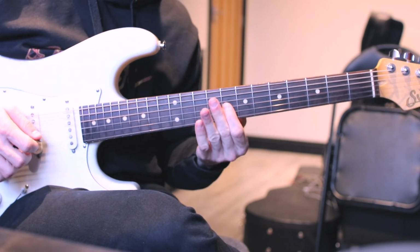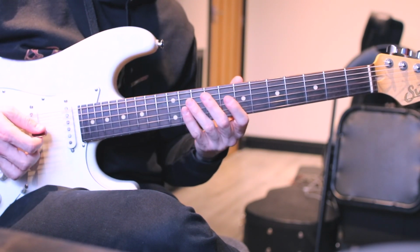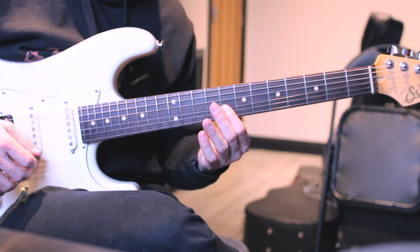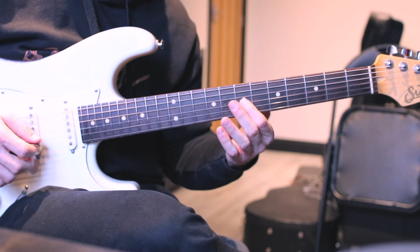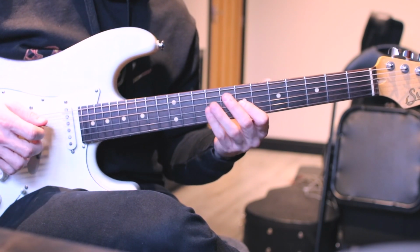Then I'm going to hit the flat 3 on the G string with my pick, okay? Not as aggressive as that, but I was just showing you which note I'm playing. So that's the flat 3 on the G string, so that's the 8th fret. Sliding back down to the 7th fret on the G string. Okay, so I've got...